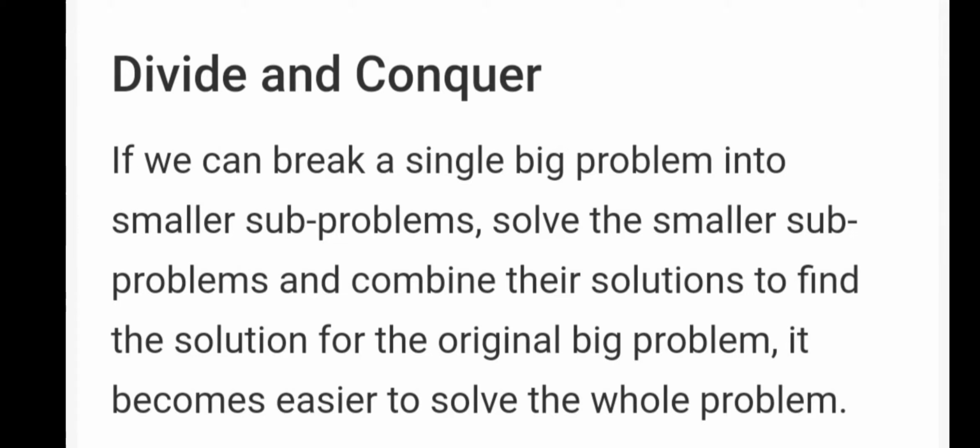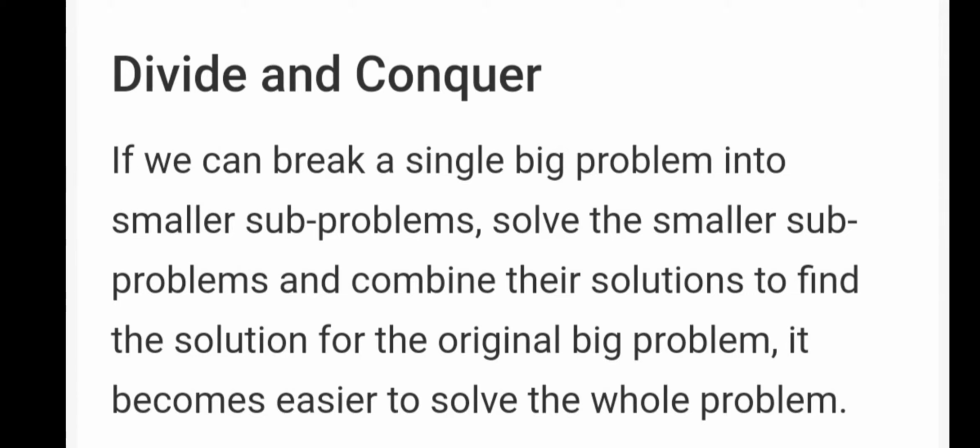Let us say one example. Our main problem, the big problem, is we have to clear the benches of your class to outside, right? How many rows are there in your class? 1, 2, 3, 4, 5, 6. 6 rows are there in your classroom. So is it possible to change the benches from inside classroom to outside classroom by a single person? Yes, it is possible, but it takes a huge amount of time.